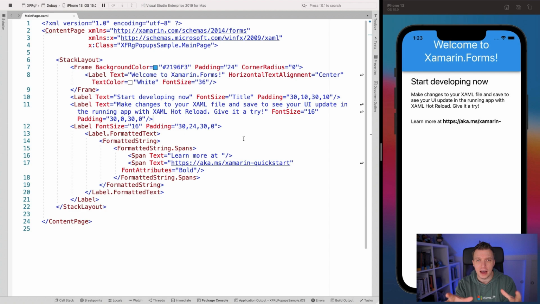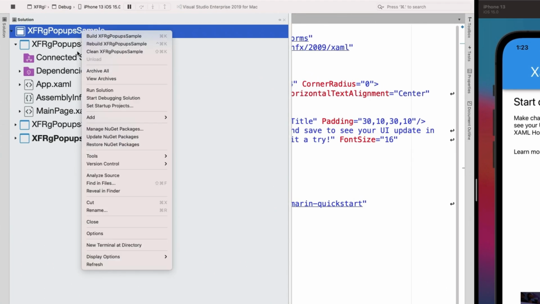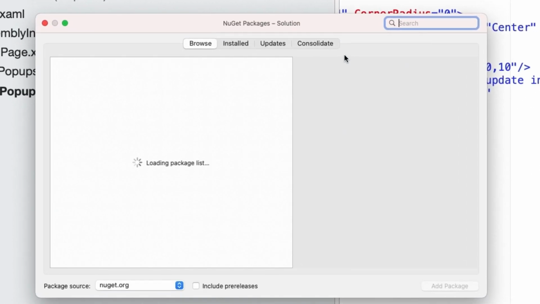I hope it is out by the time that you're seeing this, but don't be afraid whenever I make some changes in XAML and you don't see it showing up. It's all part of the show. But actually, before I do anything here, let me install this great plugin first. So let's go over to our Solution Explorer, and I'm going to right click on the solution, and I'm going to do Manage NuGet Packages. I'm going to search for